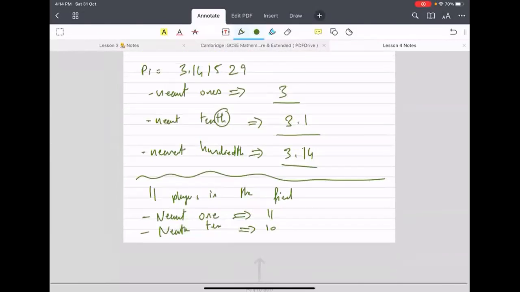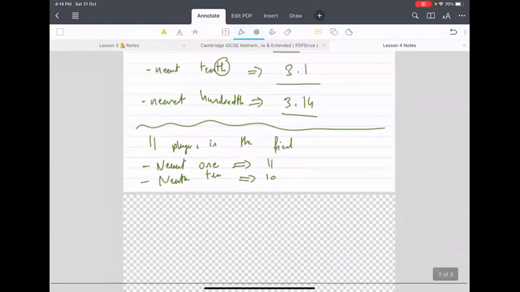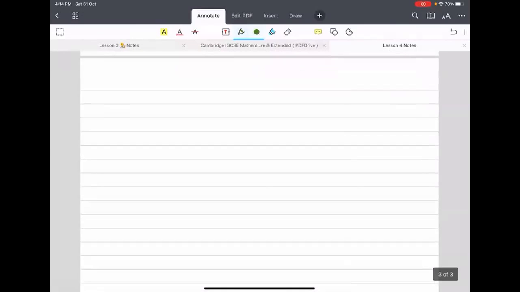So after rounding, we discussed significant figures. So we said significant figures tell you how accurately the number is presented. Okay. For example, if you are racing with your friends,